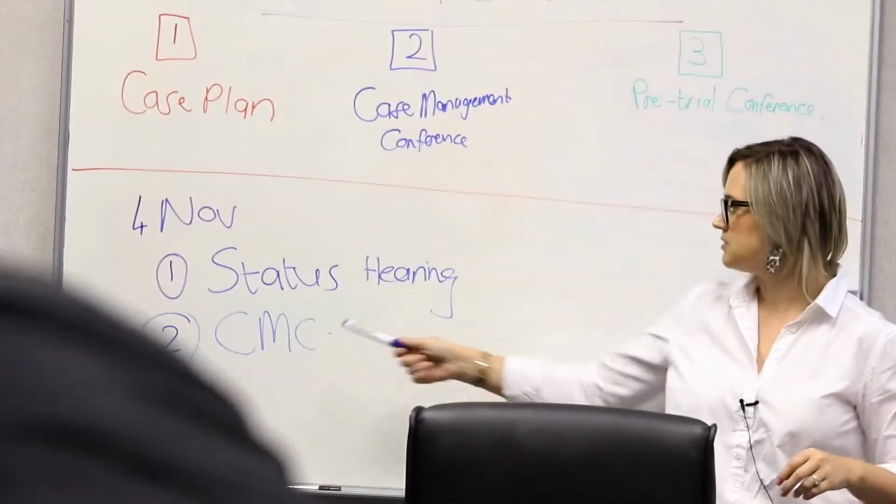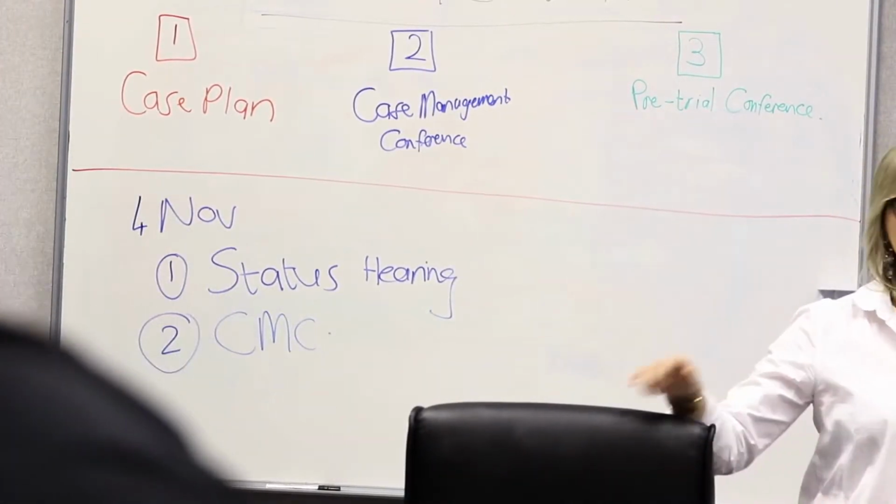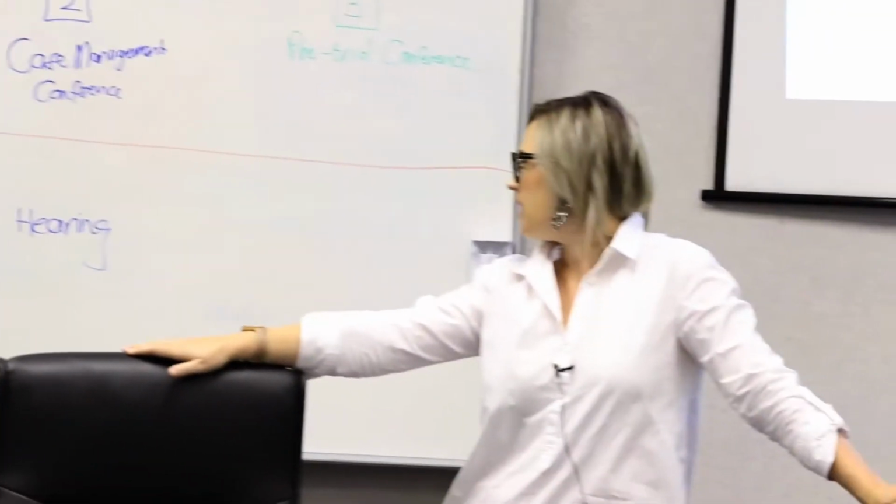Because that's the next step, case management conference. So, why would a judge set a matter down for a status hearing? That's why a judge would set a matter down for a status hearing, particularly a matter where the parties have